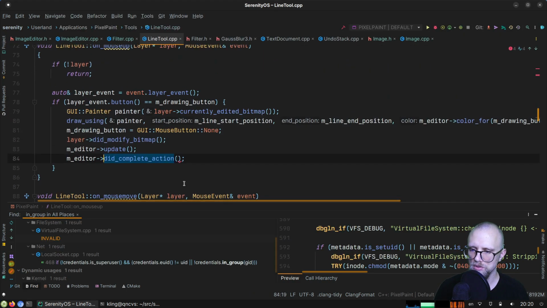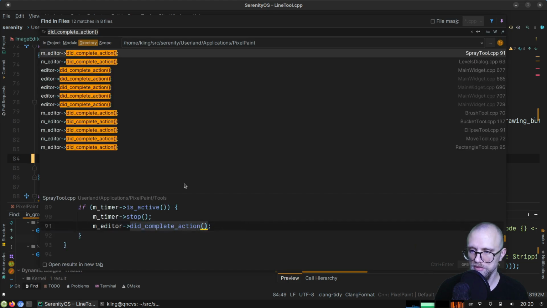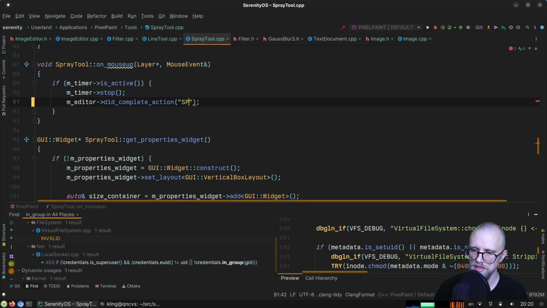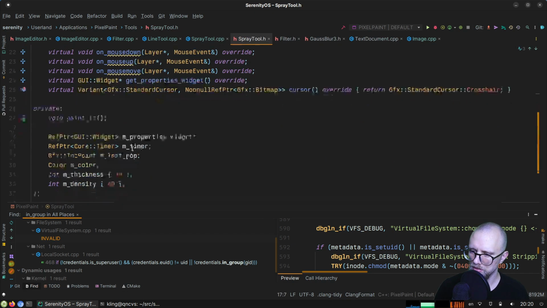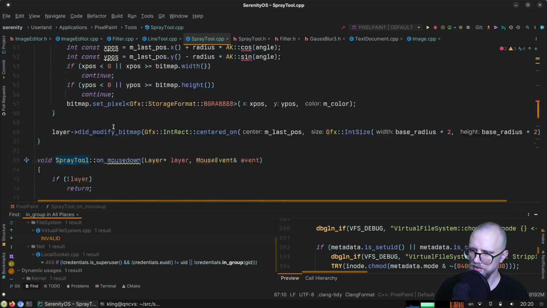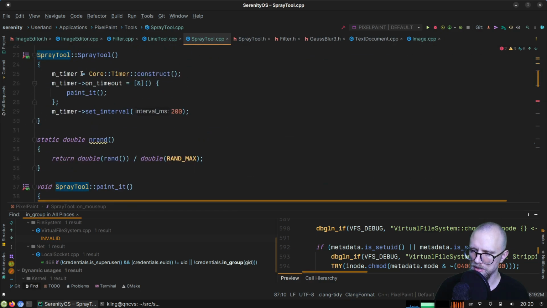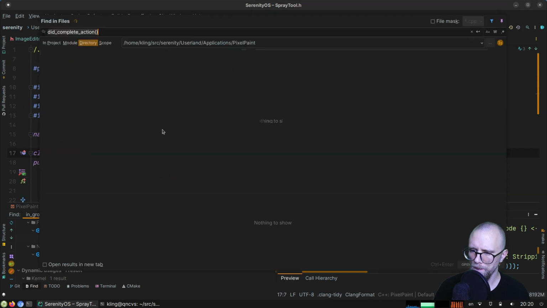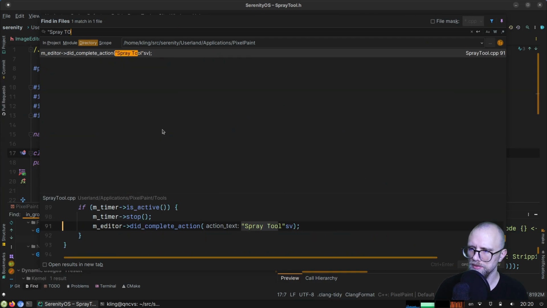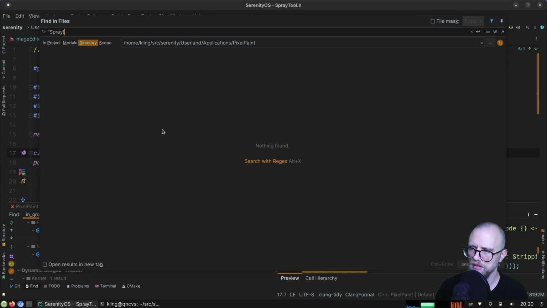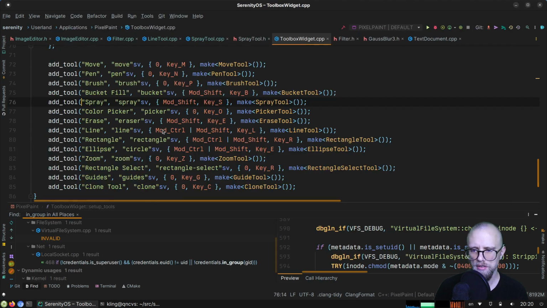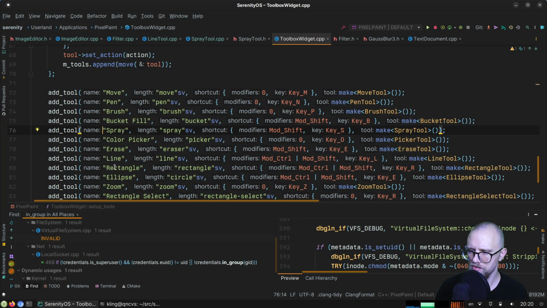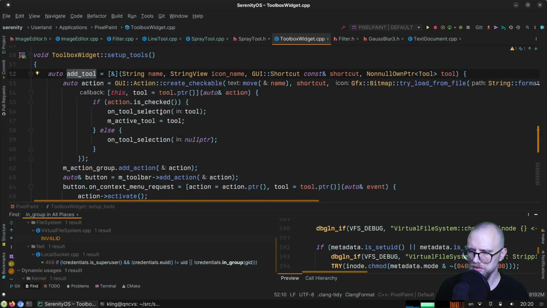So we have the line tool. I guess we can just say something like line tool. Don't have to get fancy here. Spray tool. Do the tools know what they're called? It would be good to have a single source of truth on this. Like, what's the name of the tool? Spray tool. There isn't really anything. Oh, here. When we add the tool,